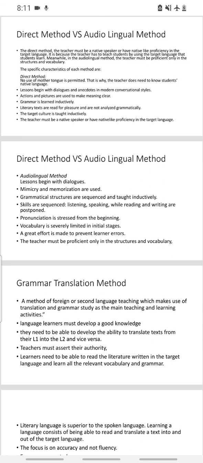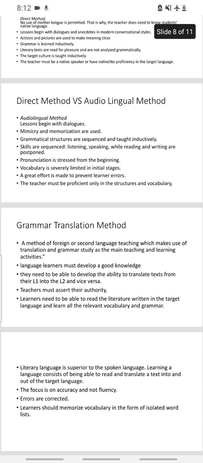There is a difference between a mistake and an error. A mistake is something you know about, but by chance you have written or spoken it incorrectly. An error means that you don't know the real thing; you are not well aware of the real knowledge of something. You don't have any knowledge of it, and that is called an error. So errors are avoided. The teacher must be proficient, and definitely in structure and vocabulary he should be very efficient. If someone is making an error, it means he doesn't have knowledge of that particular topic. And if someone is making a mistake, it means he has knowledge, but by chance has made a mistake.